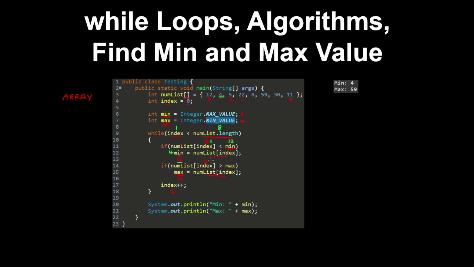And here we check if the number at index 1, which is 4, is greater than the maximum value, which is 12, so that's false, and this code statement does not get executed. And then the index gets incremented, and then in the next iteration, 2 is less than 8, and the code statements are executed. So after this loop is terminated, when the index is equal to the length of the list,